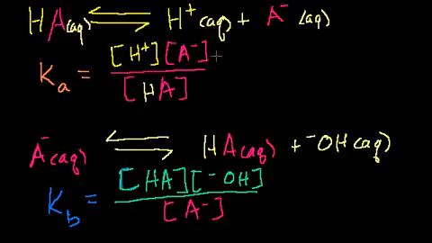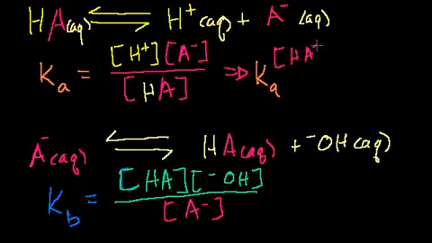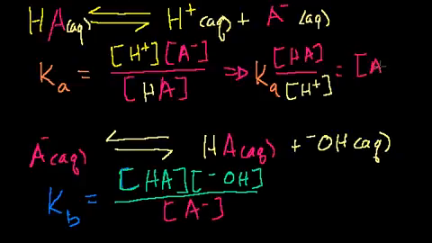Right? If we multiply both sides of this equation by HA over H plus, we get, on the left-hand side, Ka times the inverse of this. So you have your HA over H plus